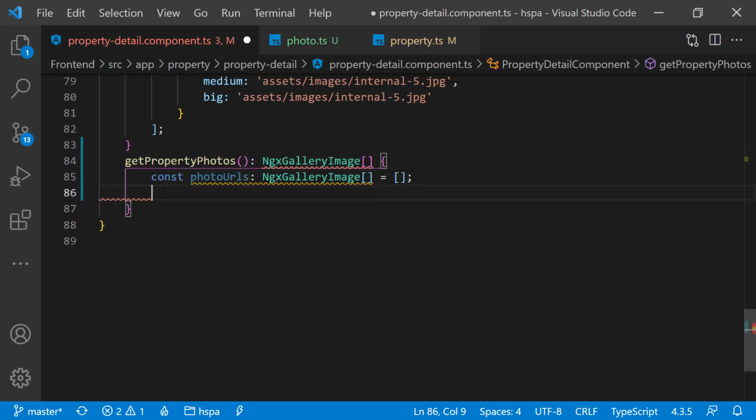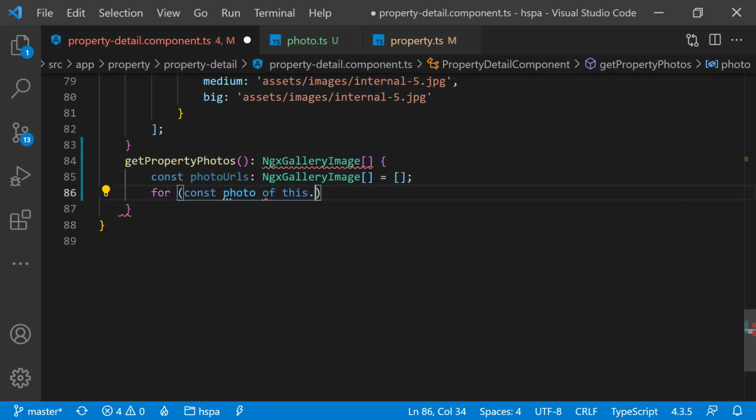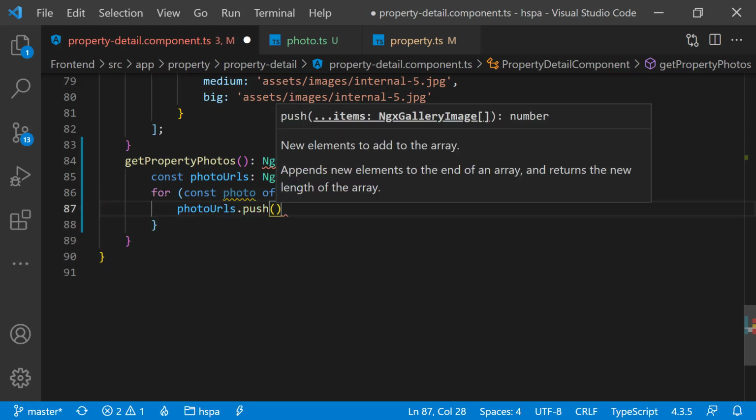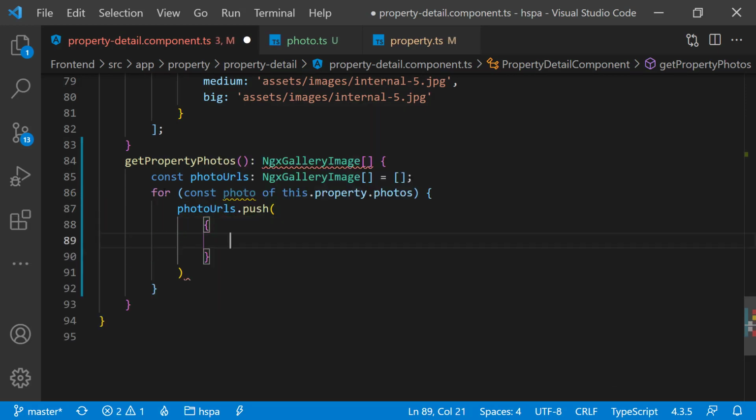And in a for loop, we will get each photo from the property dot photos. And we will push each image in the photo URLs and set 3 mandatory properties to set the image URL for small, medium, and big image.